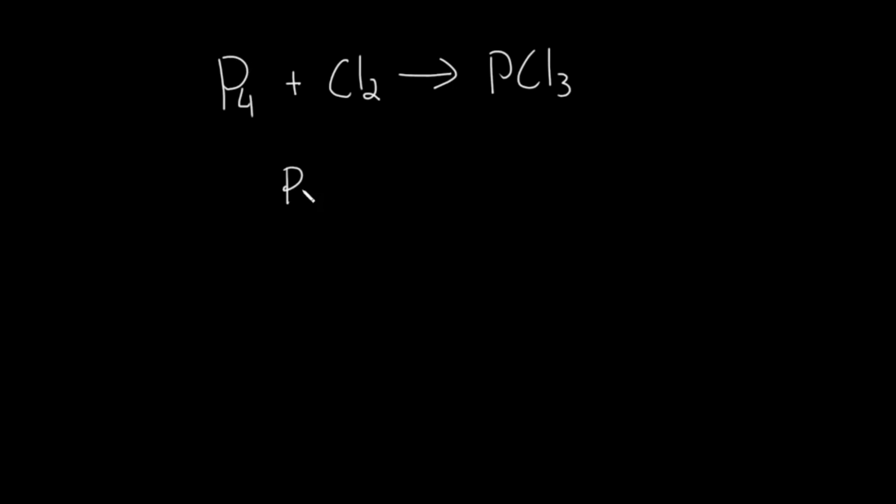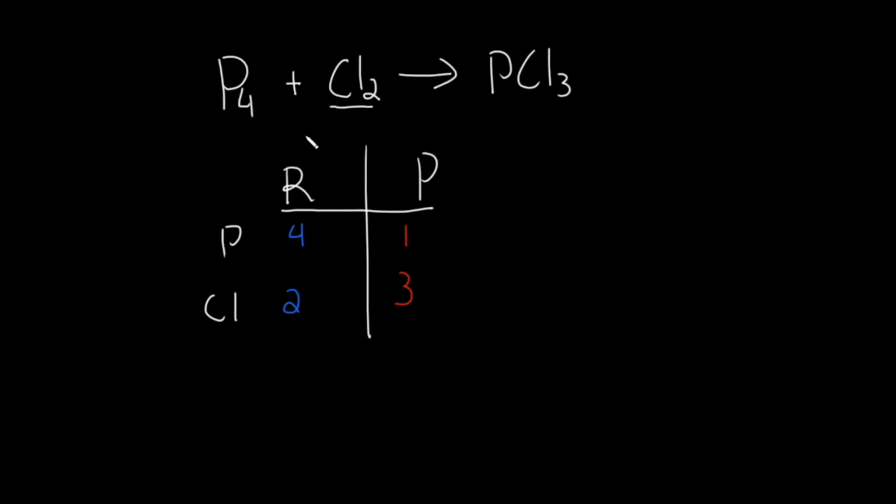So let's make our table with phosphorus and chlorine, and then we count that we have 4 phosphorus and 2 chlorine on the reactant side, and 1 phosphorus and 3 chlorine on the product side. So where should we start? Since we have one isolated type of atom here, which is chlorine, we should start by balancing the other one,